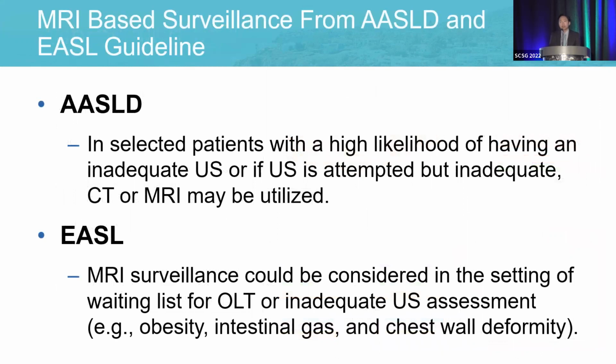So what is the guideline currently for using MRI as a tool for HCC surveillance? AASLD recommends using MRI in selected patients with a high likelihood of inadequate ultrasound, especially those who have abdominal obesity or those with metabolic etiologies like fatty liver disease. They have lower accuracy of detecting HCC. Or if ultrasound is attempted but the quality of the visualization is inadequate, cross-sectional imaging could be used according to